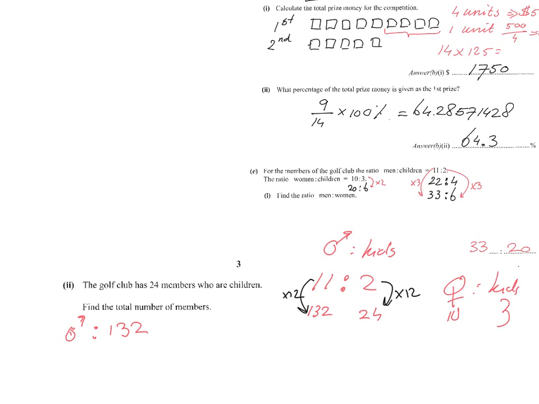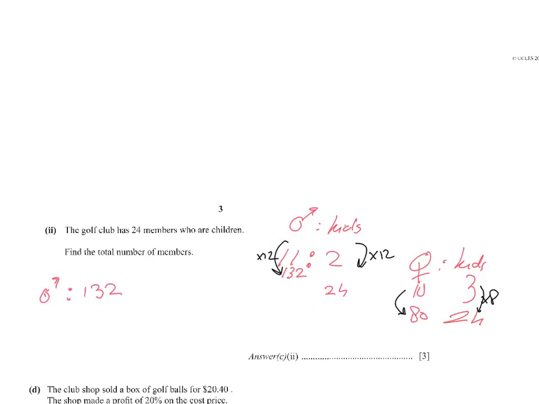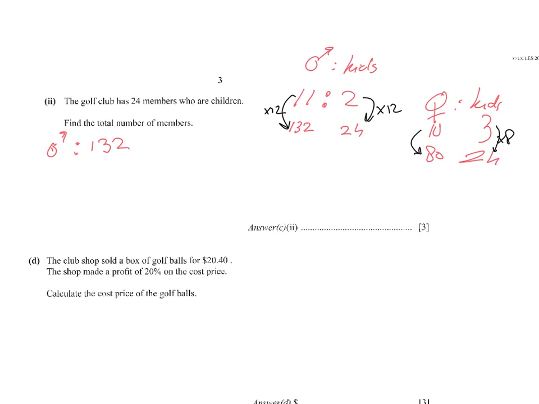Well, my pen is not working properly. I hope you can read that. We have 24 kids. And indeed that is multiplied by a factor 8. So we have 10 times 8, 80 women. Okay. Well, that doesn't look very nice, does it? I do apologize,